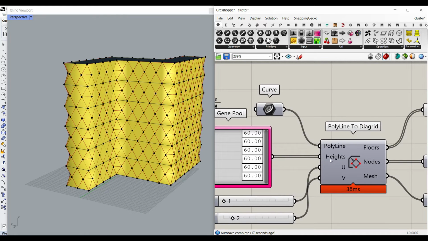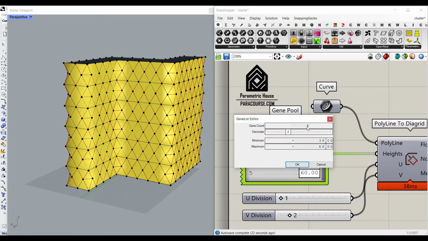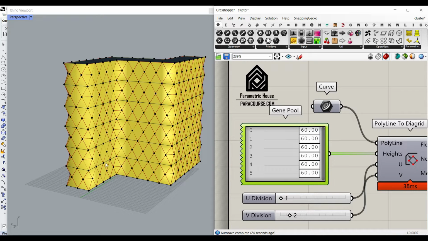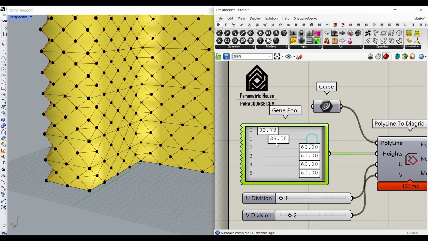Another thing you can control is the heights. So basically, as you can see here, we have 6 numbers for each of these heights. We have the first one, which is 0. The next one is going to be 60 units up, and each of them goes up. So if we have 6 numbers, you can see that we have 1, 2, 3, 4, 5, and 6 for these floor plans. So if I just change this one, this is going to be the first floor, the second